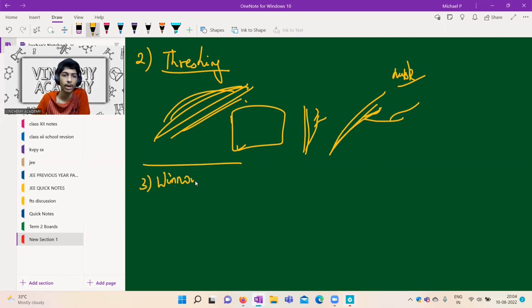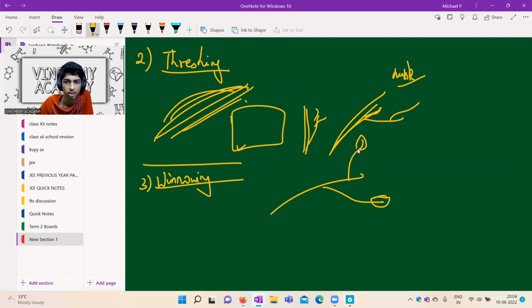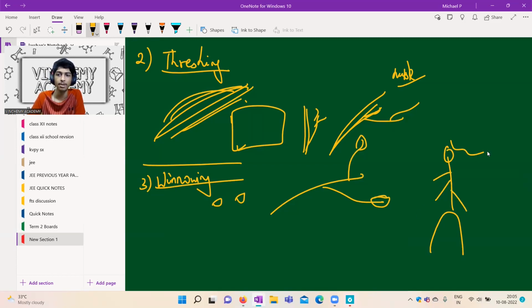The next method is called winnowing. What is winnowing? Now the rice grains are separated from the stem, so there are just rice grains. They will have a protective brown covering called a husk outside them. I can't just pluck them by hand because the rice grains are so many and so small, it's very difficult to pluck. So basically, I stand on a rock